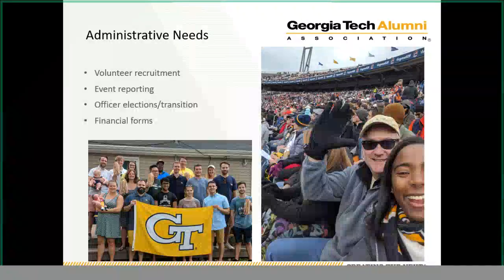And then, of course, if your network has its own local bank account, there are financial forms. Those are going to be due the end of the fiscal year, which is June 30th. And we'll talk about it a little bit more in a little bit, but keep in mind that all of your events are going to have their own reporting needs, both before and after the events. So those may not necessarily fall into this broad annual calendar, but it will factor into the overall planning for each event. So something to keep in mind.